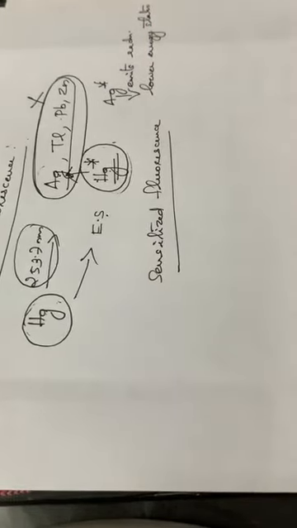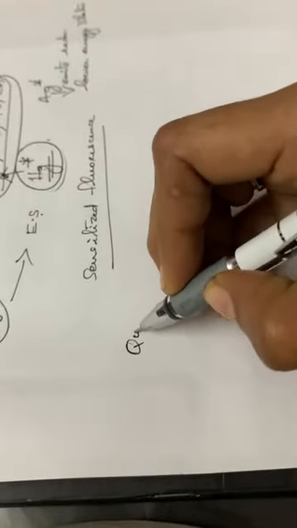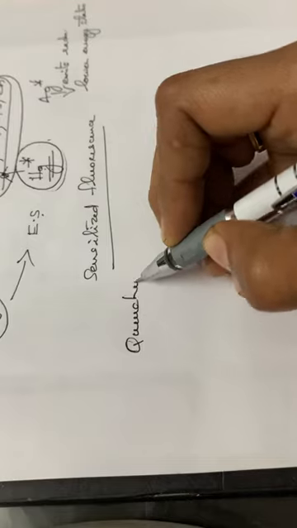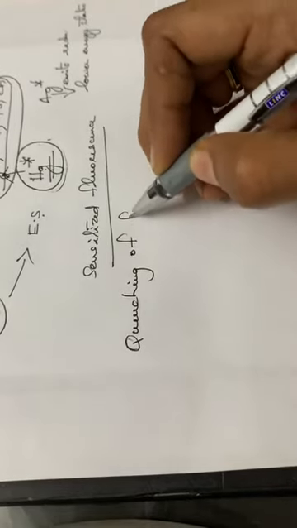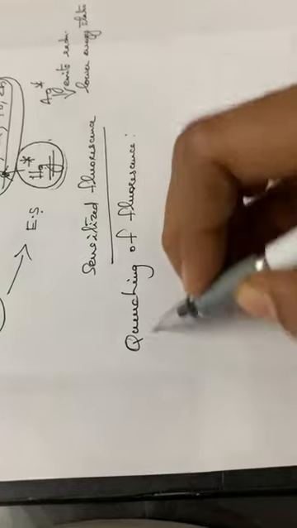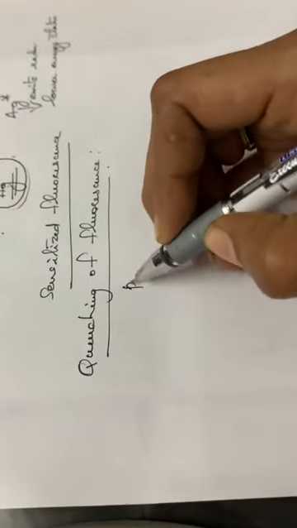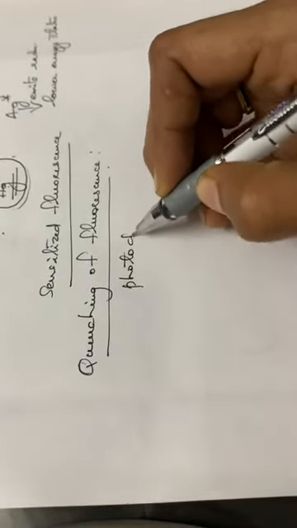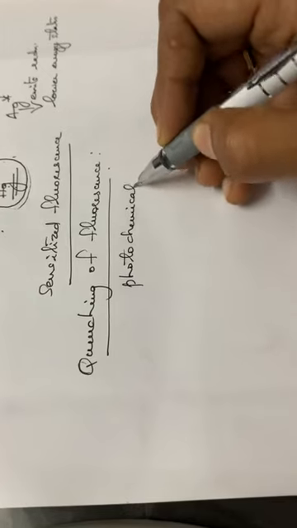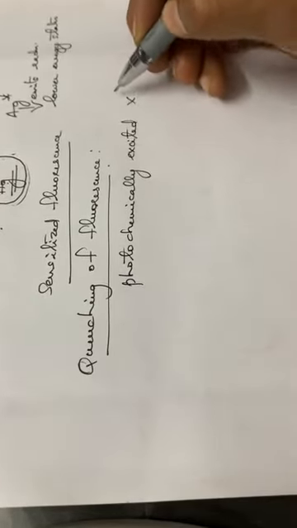Then one more term, the quenching of fluorescence. Quenching of fluorescence means when a photochemically excited atom, which we can denote as X star,